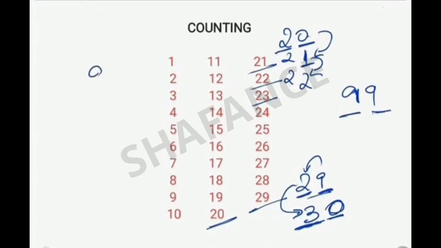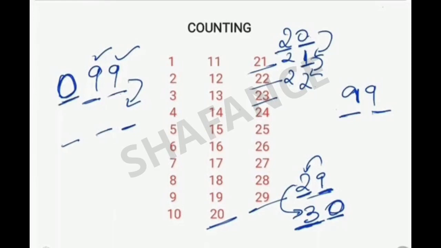Now this is the highest two digit number. So in this case both the digits are at 9. This is the highest. So what after that? Now we have to make a three digit number, because after 99 both the digits are at maximum, so we have to increase the number of digits. Since 0 doesn't have any significance, if we put 0 also before 99, it's the same as 99. So it's like 099.